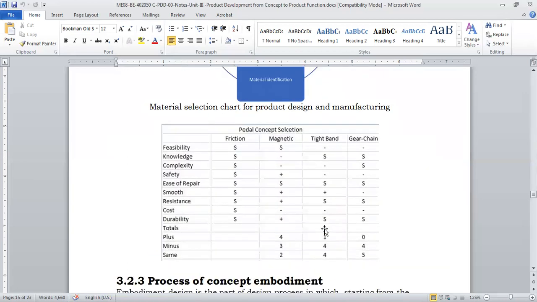Okay. So now the pedal concept selection, right? How is the selection done? Let's say for friction, magnetic, tied band, gear chain. These are different types, right? So feasibility is which case it is.